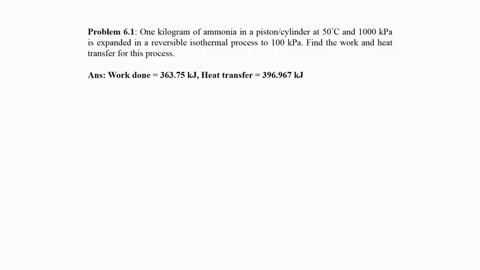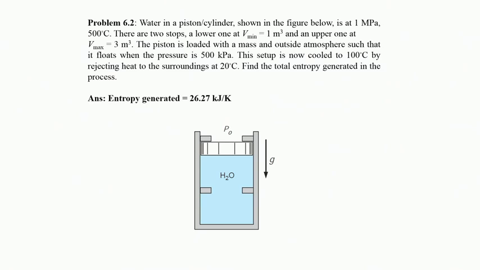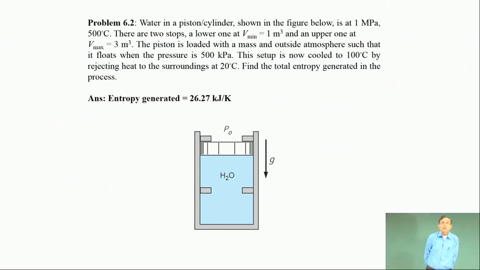So, problem number 6.2. Water in a piston cylinder shown in the figure, which is below the statement, is at 1 megapascal, 500 degree centigrade. There are two stops, a lower one with V minimum as 1 meter cube and an upper one with V maximum 3 meter cube. The piston is loaded with a mass and outside atmosphere such that it floats when the